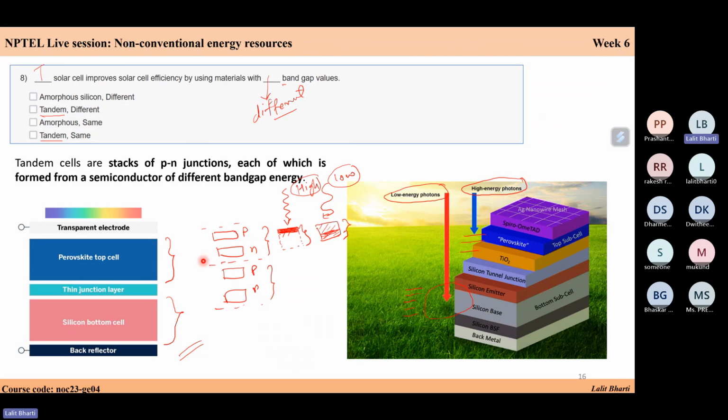So this is your PN1, this is PN2, and you can have multiple of that. You can have 3, 4, and more, depending on the different type of material, but usually they are limited to 3 layers. So that is called the tandem structure. Sometimes tandems can get efficiencies more than this SQ limit, or Shockley-Queisser limit. That is why we are always saying that the SQ limit